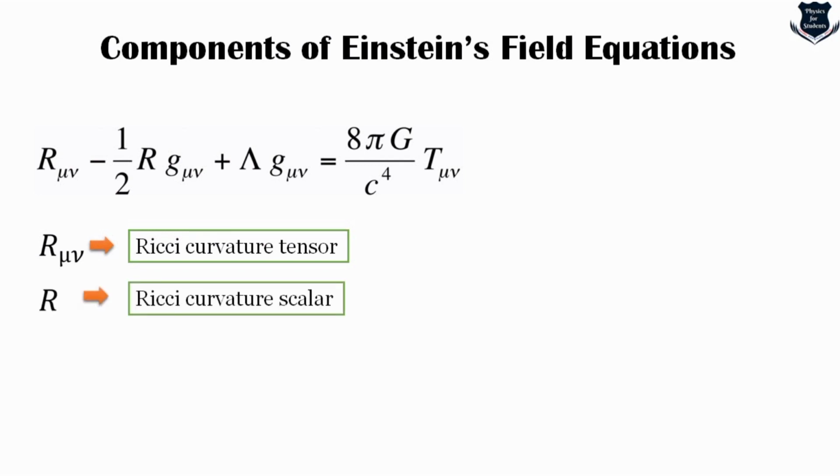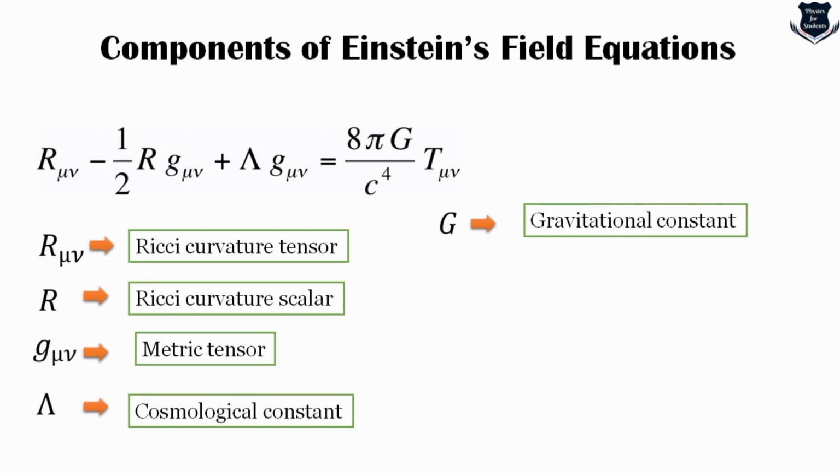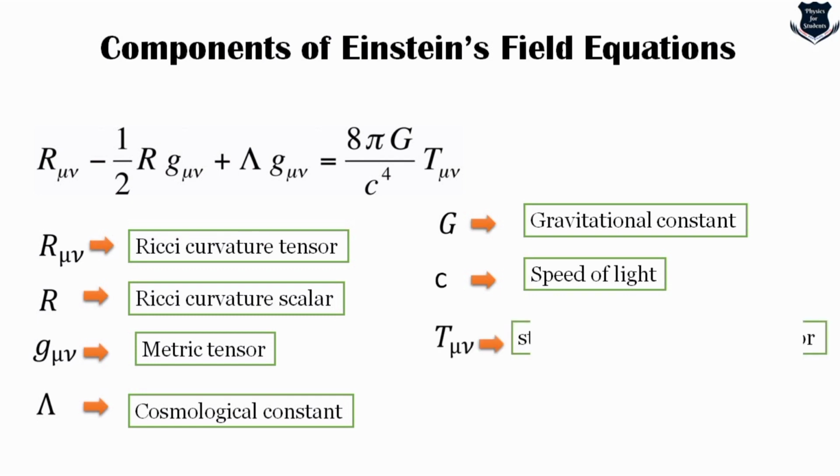R denotes the Ricci curvature scalar. G mu nu denotes the metric tensor. Lambda is the famous cosmological constant. Then we get the capital G, which is the good old Newton's gravitational constant. C, which is the speed of light. And T mu nu, which is known as the